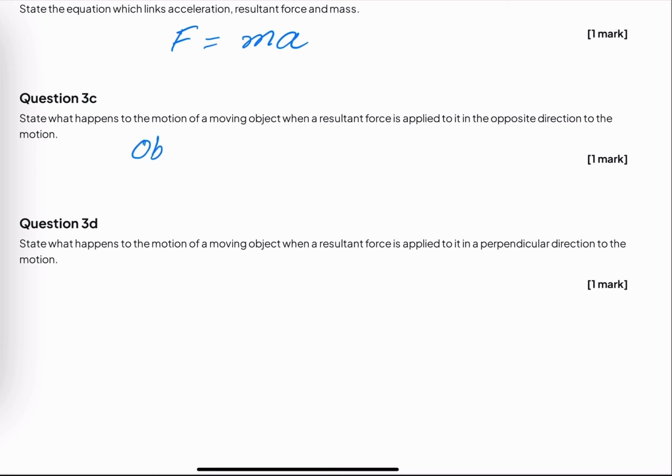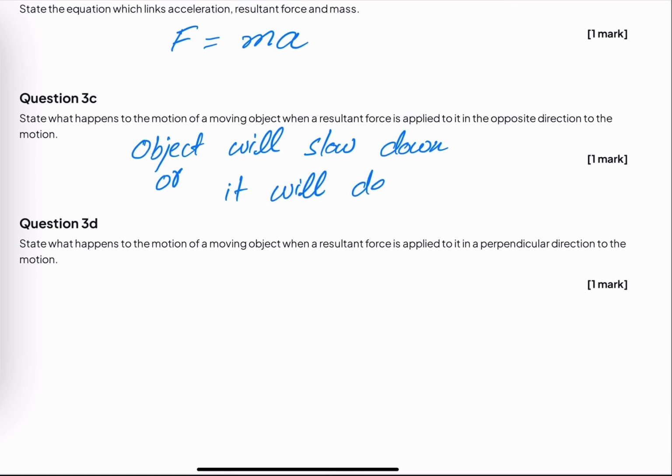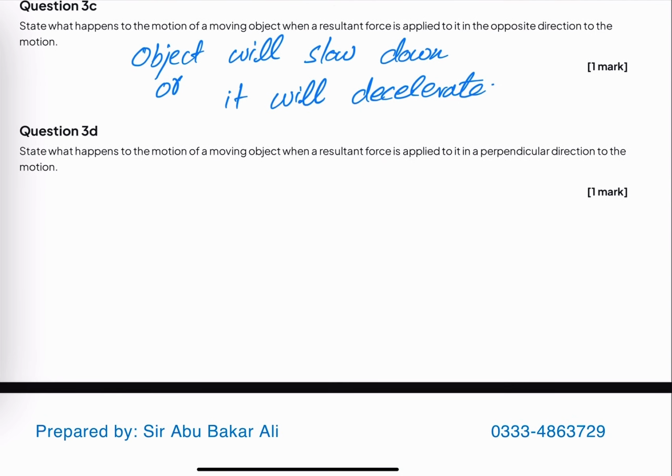So the object will slow down, or we can write it will decelerate. Okay, question 3d, state what happens to the motion of a moving object when a resultant force is applied in its perpendicular direction. So when it is applied in the perpendicular direction,